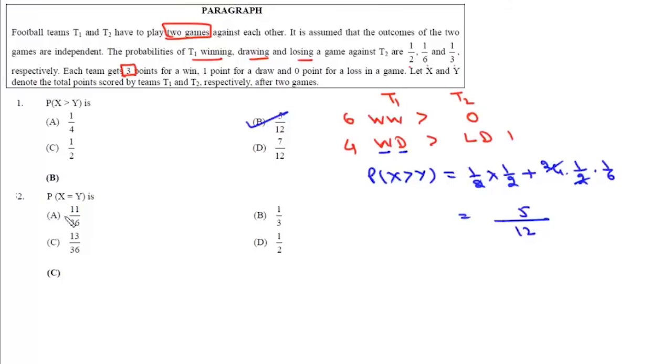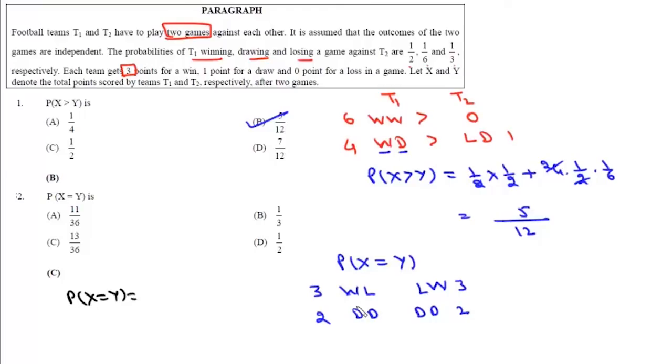Now we have the second case when the value of X is equal to the value of Y. Now again for this we have two cases. Either it will be win-lose, lose-win, or it will be both draws. Now in this case it will be 3-3, and here it will be 2-2. Now if we have to calculate this probability when the value of X is equal to Y, that will be